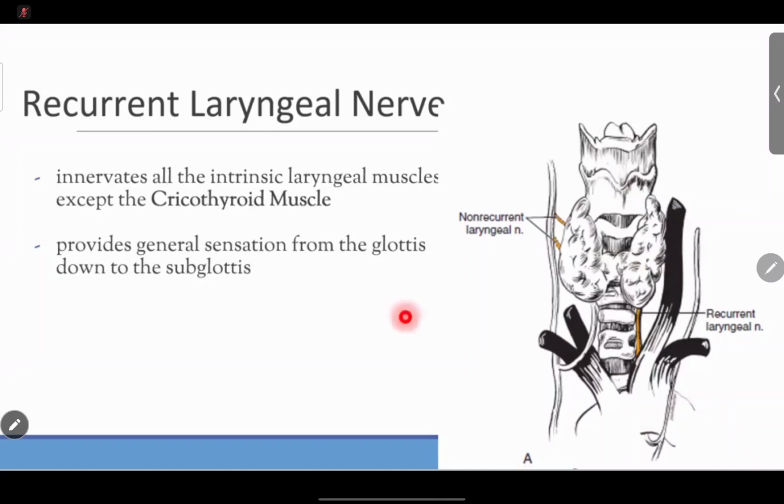So I think that's it for the anatomy of the neck. Any questions before we proceed? To clarify? None so far, Doc. None so far. Okay, let's move on to deep neck infection. It's a bit clinical, but hopefully we can go through it quickly.